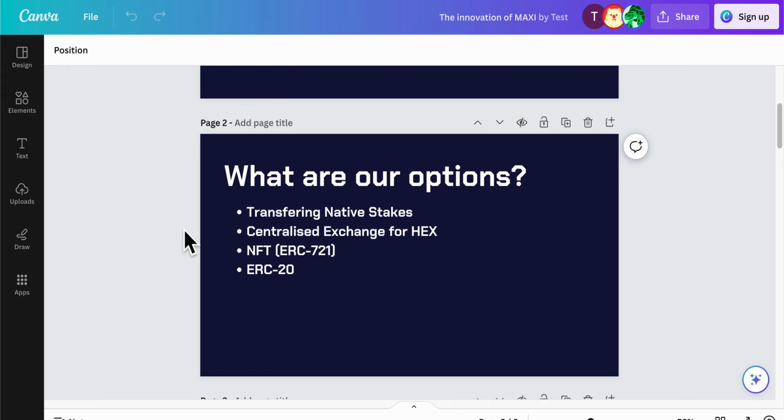Then you have one other option I didn't include here, which Tipcatcher actually spoke about, the DAO system. Originally, Maximus was going to be based on this DAO protocol, which required some level of trust. He also said it was quite complicated. He couldn't really understand some parts of it. But yeah, there would be voting on how much HEX was staked, for how long, who ends the stake, etc.